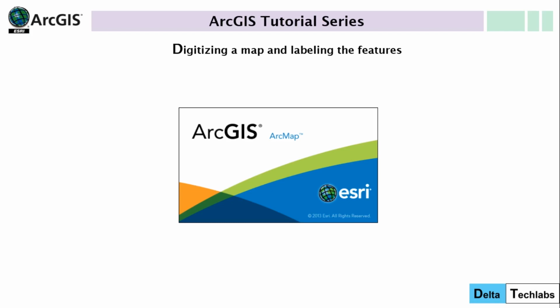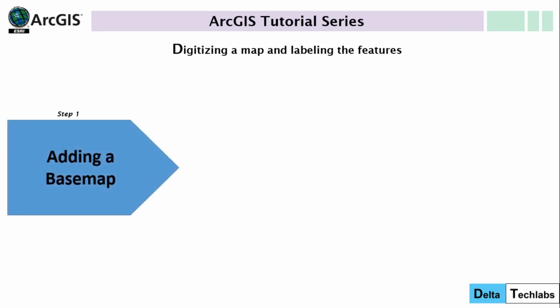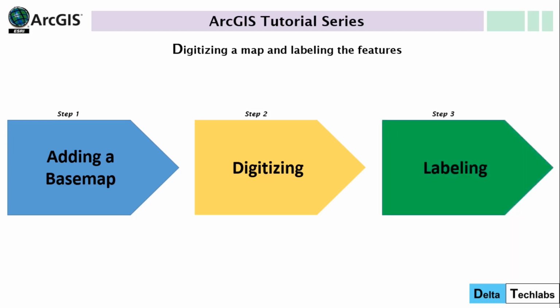So I have structured this tutorial into three different parts. First I'll be showing you how to add a base map, and then how to digitize, and finally how to add labels to those components that you digitized. So let's get started